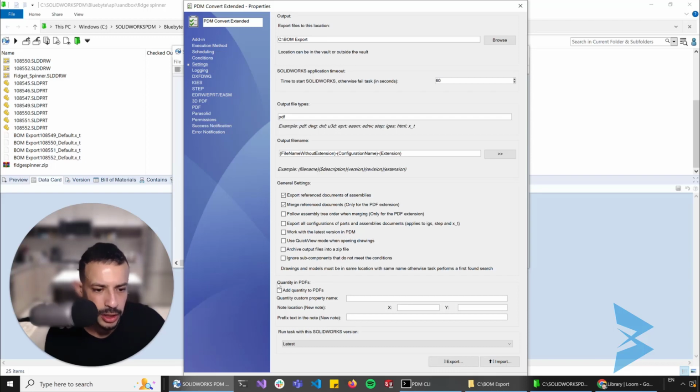Now today's feature is concentrated in this group box right here, where we need to check this checkbox and then specify the name of the custom property that the add-in will try to set the quantity of. So let's say that I'm going to get the quantity from the assembly components and then set that to the custom property called quantity. Now, if you already have a note that is linked to that custom property in your drawing, then you don't need to specify any of the XY coordinates or the prefix